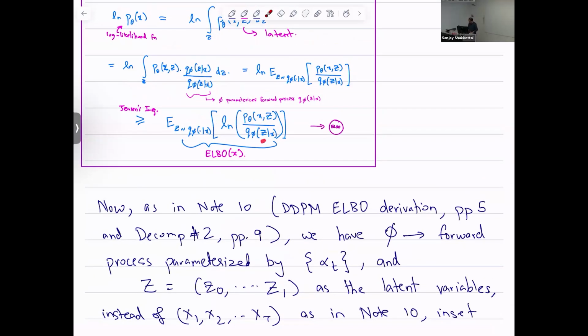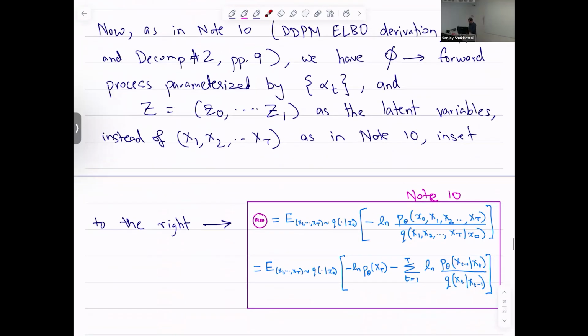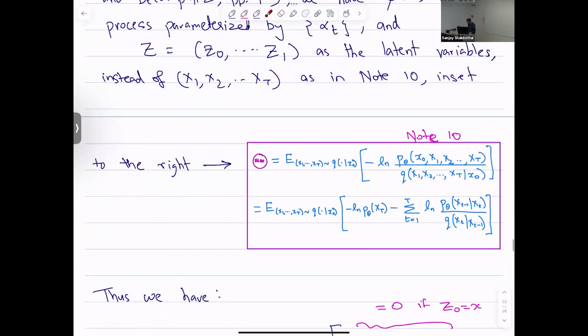The latent Z was not one Z, but we could think of the latent as a vector, the various steps of the noising process. And so you had Z0, Z1 over T, Z2 over T, up to Z1. These are the latents. And so simplifying that, we got the following, that the ELBO lower bound could be rewritten as the following. It's written as the log of, look at the one step